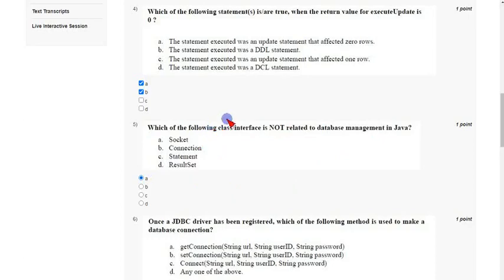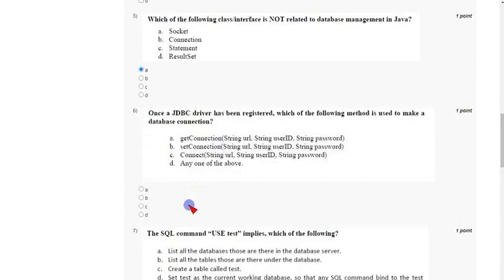And coming to the sixth one, in the sixth question, let's read the question first. Once a JDBC driver has been registered, which of the following methods is used to make a database connection?